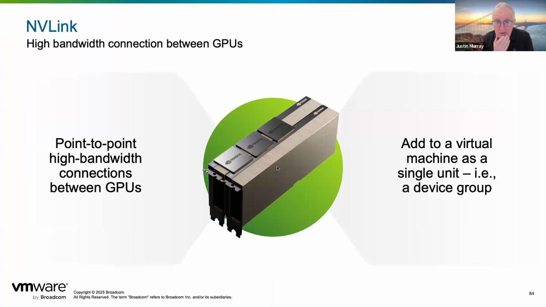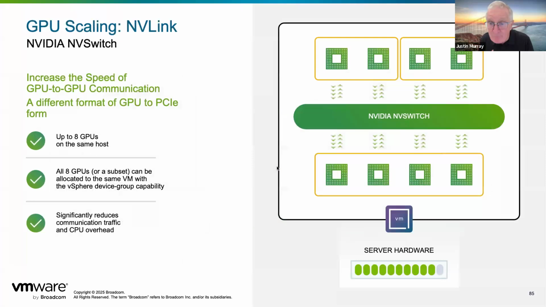Now, there are more advanced forms of GPU that have these small devices on top of them called NVLink bridges that allow 2 H100 GPUs to behave as one. This is called an NVLink bridge. Each of those H100s might have 80 gigabytes of memory. 80 gigabytes may not be enough for a larger model, like a 70 billion or a 100 billion parameter model. So we can discover this hardware automatically at VMware and assign both of those GPUs with the NVLink between them to one VM.